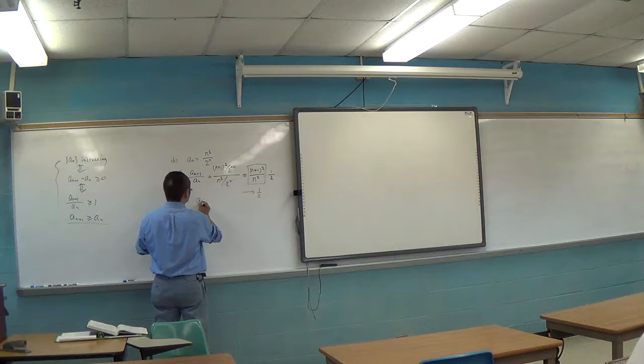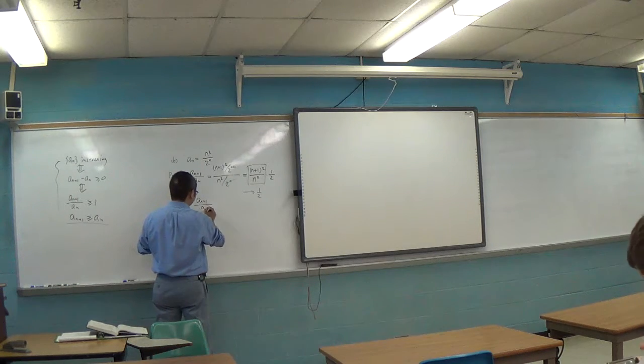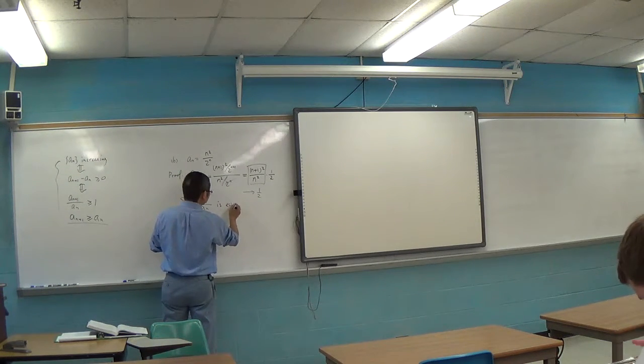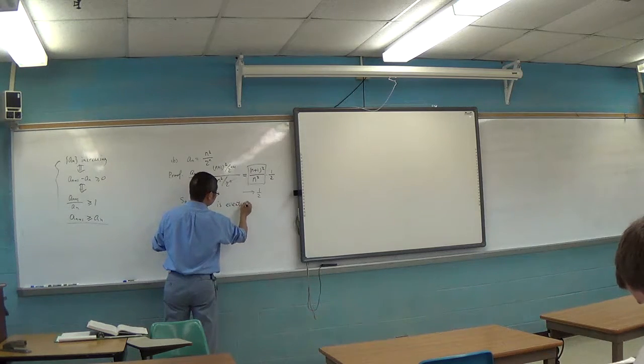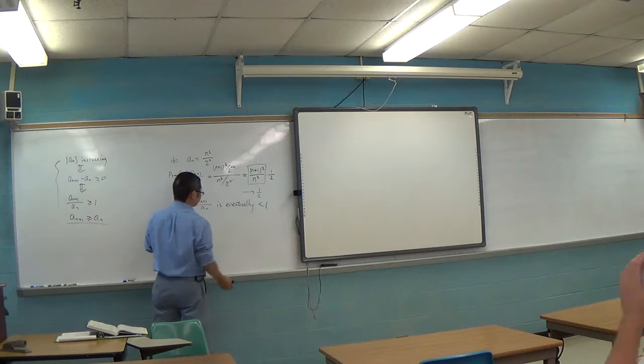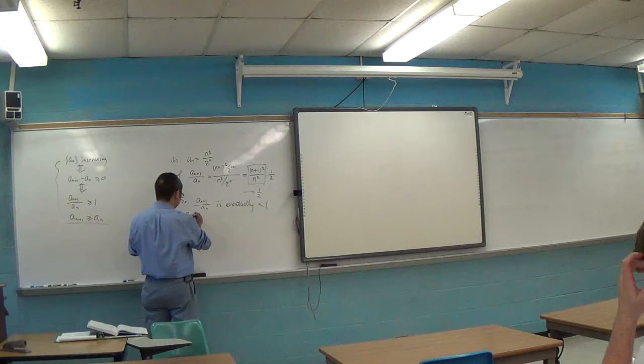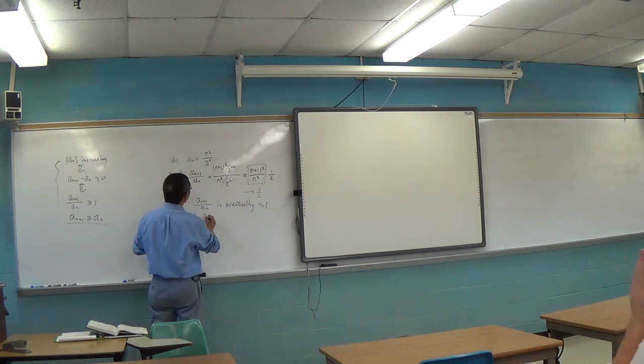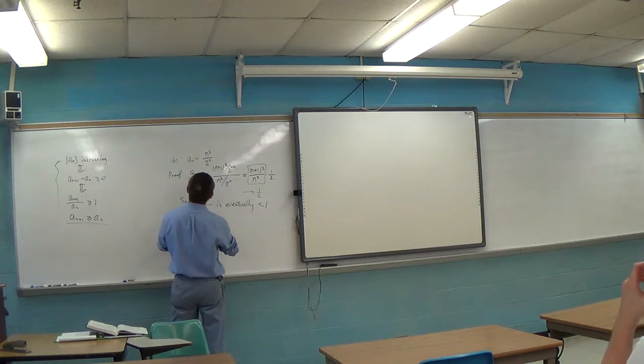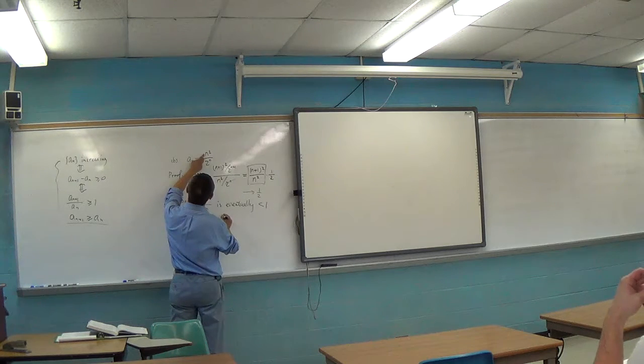So AN plus 1 over AN is eventually less than 1. Right? But A2 over A1, for example, n is 2,